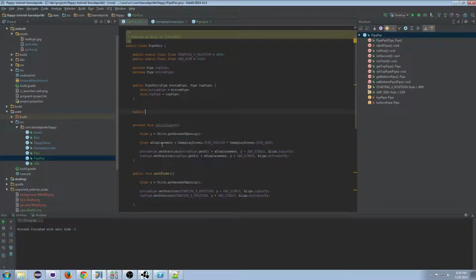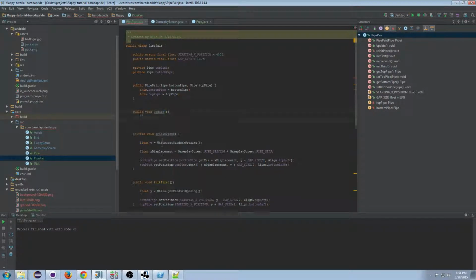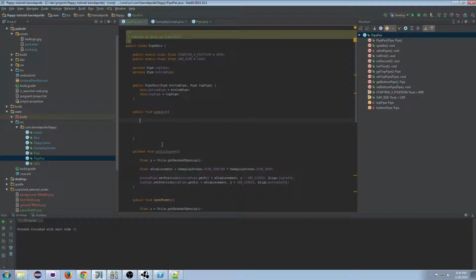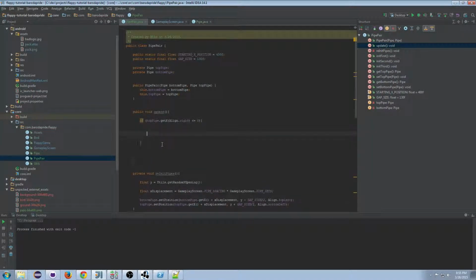Public void update, and this is going to check if top. You can do if top or bottom, it doesn't matter, they have the same Y position or the same X position. So if top pipe dot get X align dot right, we're going to look at the X position of the right side of the actor. If that right side is less than or equal to 0, we're going to set it,